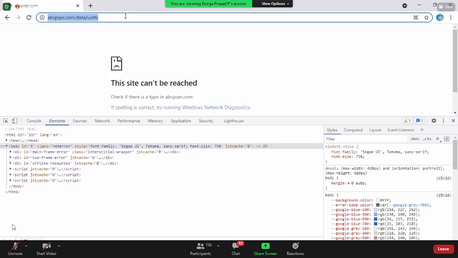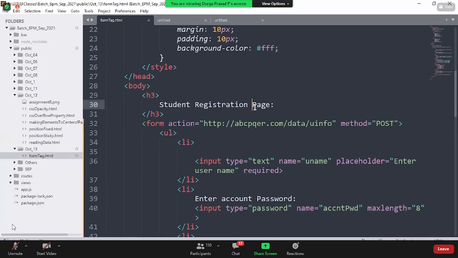There is something called the request header, because anytime a request goes to the server, extra information about the client also goes along, like where the request is coming from, what timestamp it is coming at, what data is being passed, what the IP is. Every other piece of information goes to the server along with the data. As an end user, you might not be able to see the data, but at the server side, you should be able to read it. So this is what we call sending the data to the server by either GET or POST communication.